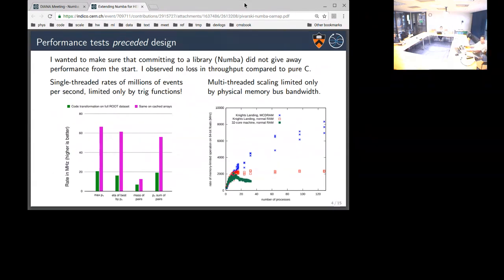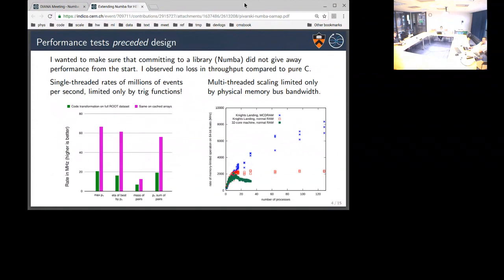And I observed that this is not true. There's no loss in throughput compared to pure C. If I were generating C code and then compiling that C code, it wouldn't be any faster.